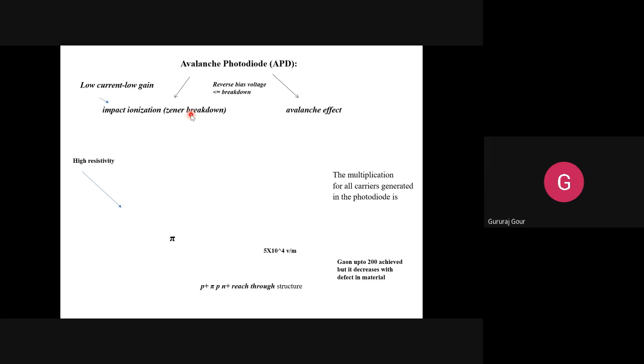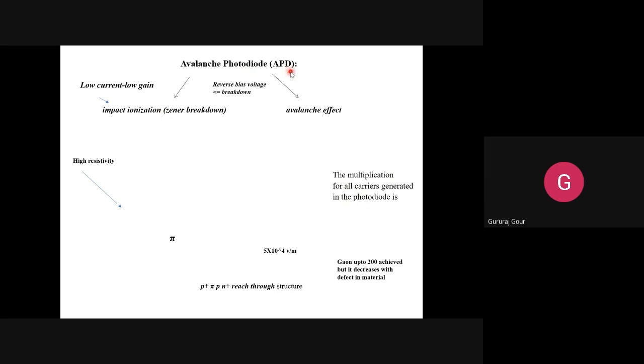Because we have further increased the reverse bias voltage, very much nearer to the breakdown or in the breakdown region. So this is going to increase the velocity of the EH pairs which are generated in the I region or depletion region. Their velocity is so high that they will start bombarding the nearby atoms. What is this? Multiplication of carriers. This is known as the avalanche effect.